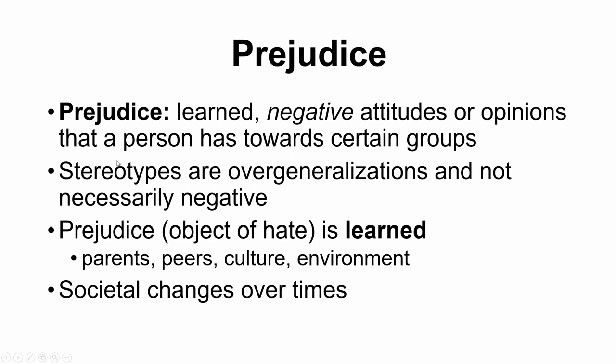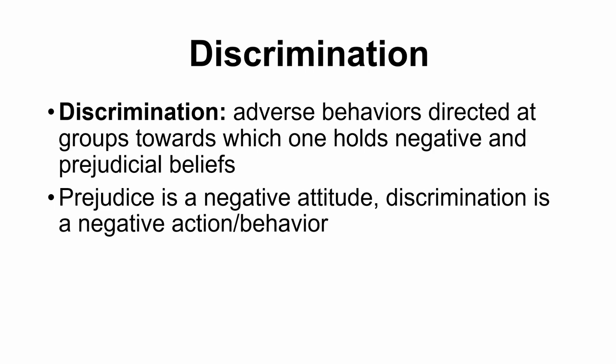But if we're going to continue on, after talking about prejudice, we can then talk about discrimination. So if prejudice are negative attitudes, discrimination is then negative or aversive behaviors that are directed at a particular group. So this would be people directing negative behaviors at a group that they have prejudiced beliefs about. So prejudice is the negative attitude. Discrimination is when they take action or behave in a way that's consistent with that negative attitude. So discrimination is when they start acting on those negative thoughts, those negative ideals, and this is when it can start being extra harmful.